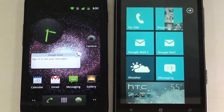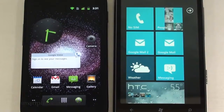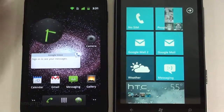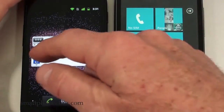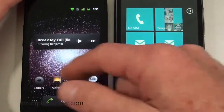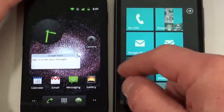We've got two different operating systems. On the Nexus S, you're running Android 2.3 Gingerbread. On the HD7, it's got Windows Phone 7. We'll start out with the Nexus S. With Android 2.3 Gingerbread, there are 5 different panels that you can customize with widgets, application shortcuts, bookmarks, folders, or